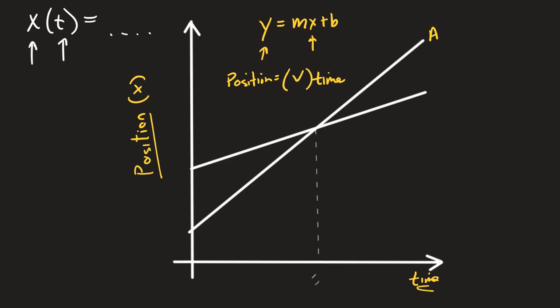In fact, if it were up to me, I wouldn't write it like this. If it was up to me and I wanted to write what was happening for A, I would say that A actually should look like x equals vt plus b. This is a relationship that talks to me about what is actually plotted on this graph. I know it's a straight line graph, so it has to have this mx plus b quality to it. But m, x, and b all stand for something.